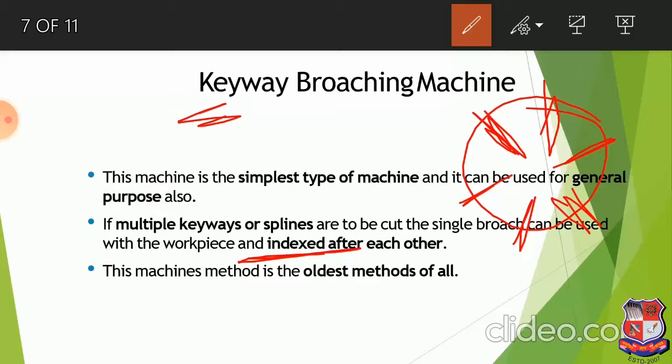So a single broach can be used with the workpiece and multiple keyways can be generated on the workpiece, right? That is keyway broaching.